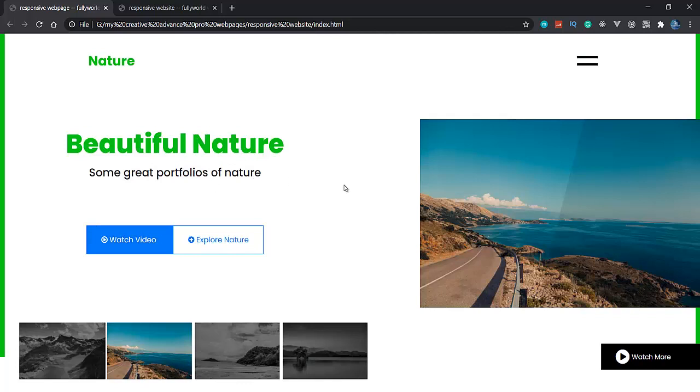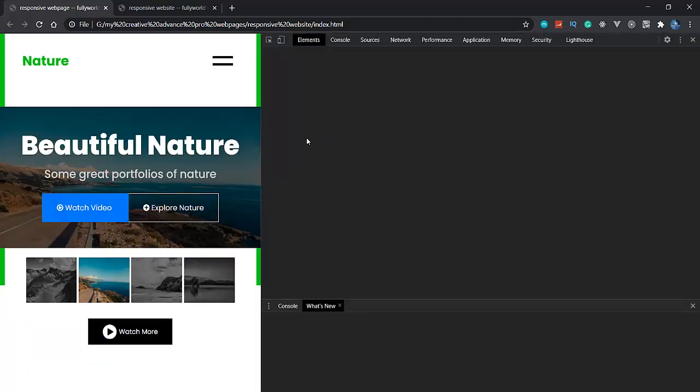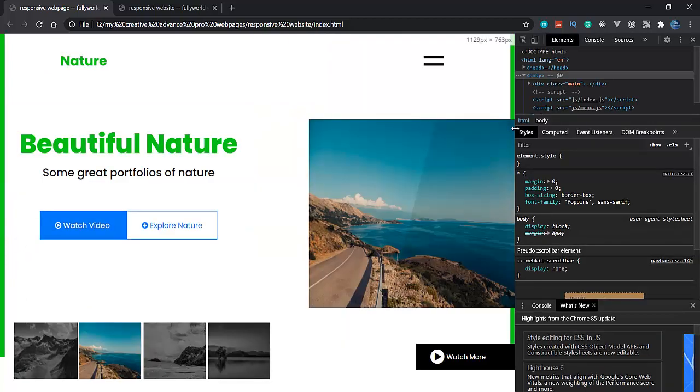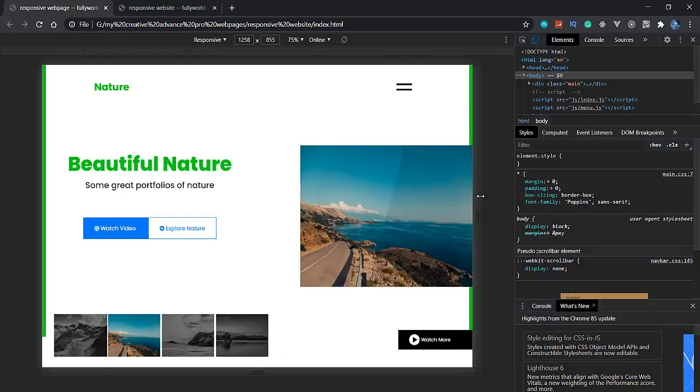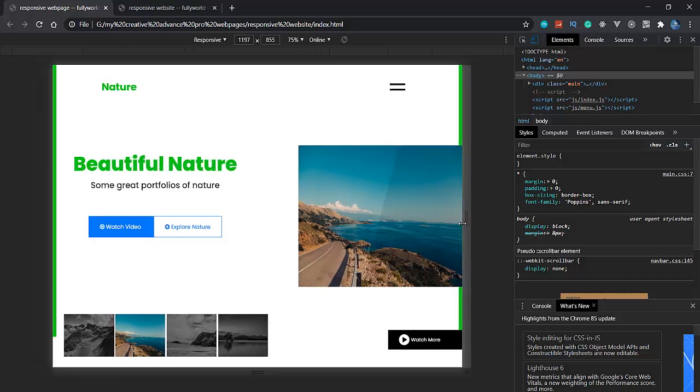So for the responsiveness, we will first of all create our homepage. This is our original website here. So when I go here, I will go to inspect element. So now first of all we will start from this pixel. So let me make it responsive, toggle device toolbar. So now we are in this page, like our desktop height and width is the same. So this will be the same for us. We will check this width also here.